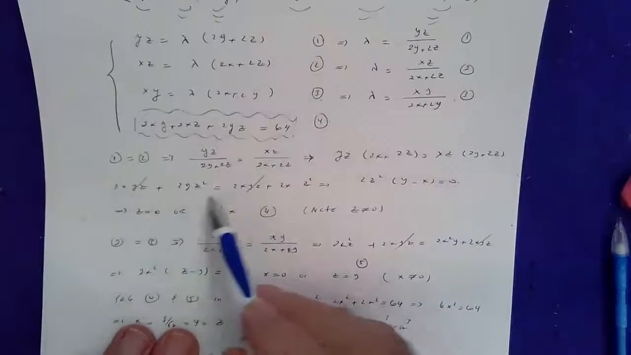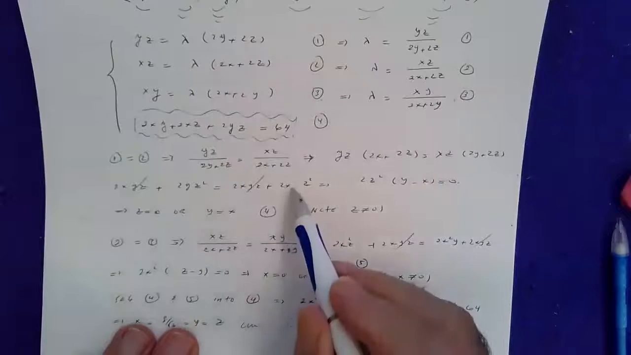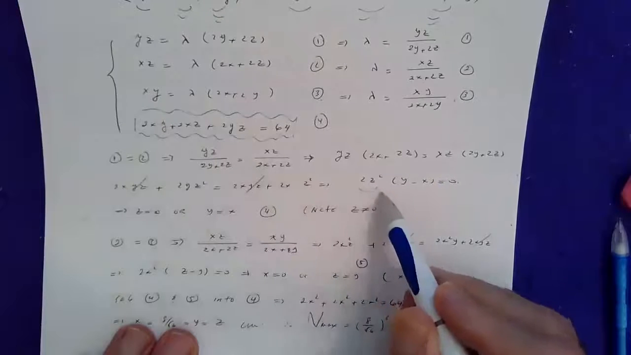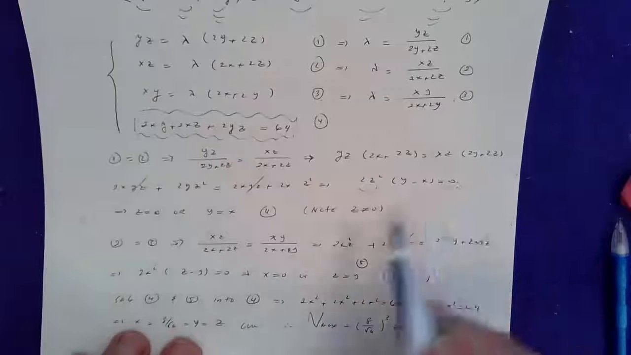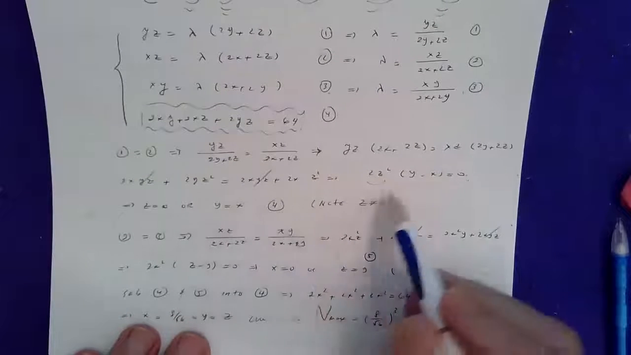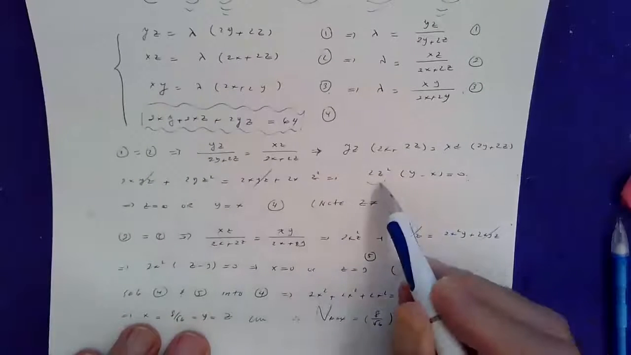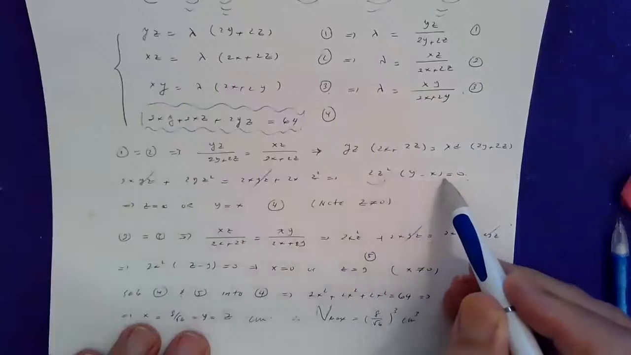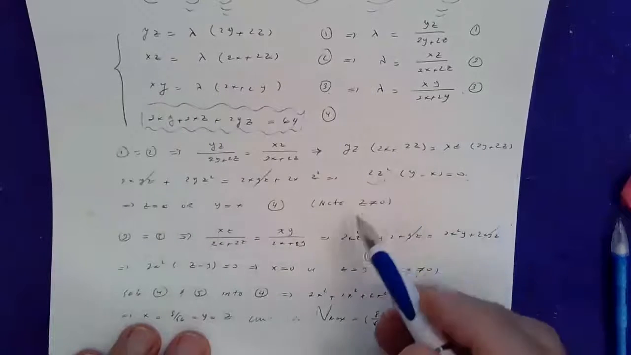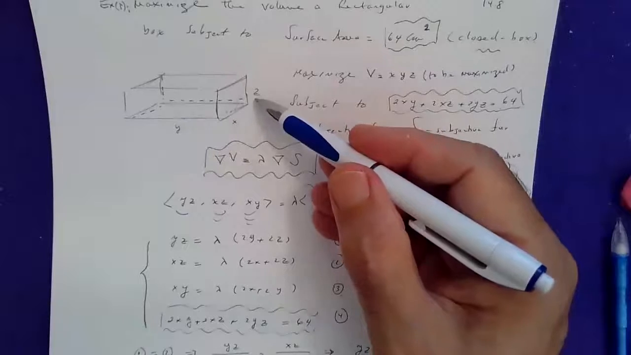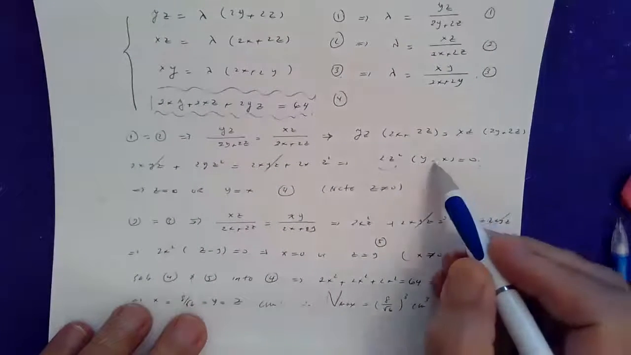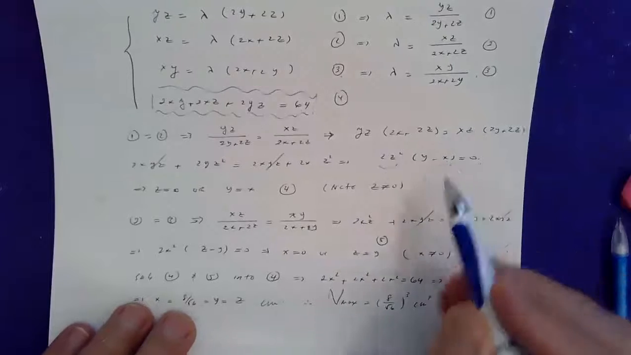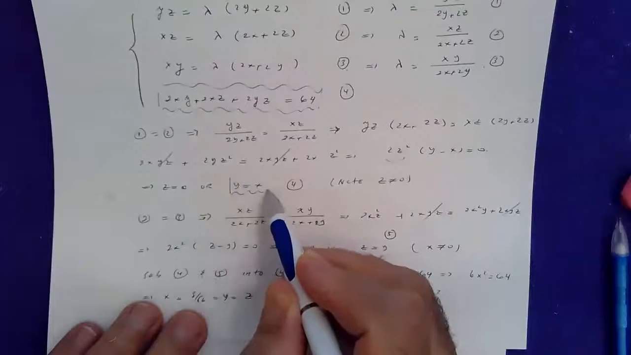These are like terms, they disappear. So move this over and factor out 2z squared, and you get this. So the product of two factors is equal to 0, so either of those factors has to be equal to 0. Either 2z squared equals 0 or y minus x equals 0. Z cannot be equal to 0 because if it is 0, you don't have a box. So y minus x has to be equal to 0,